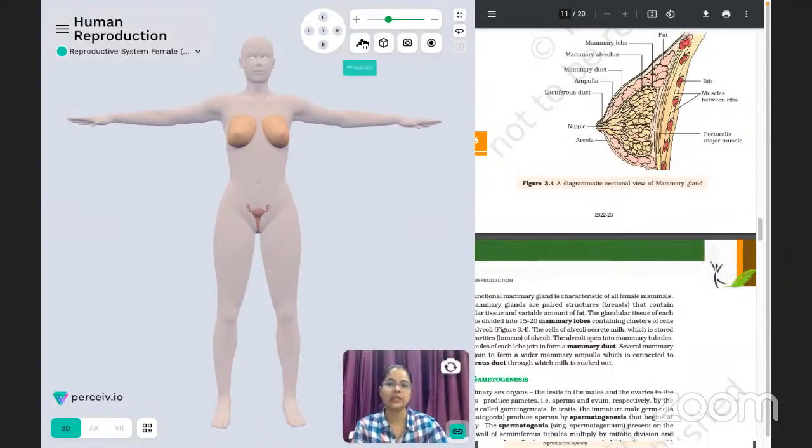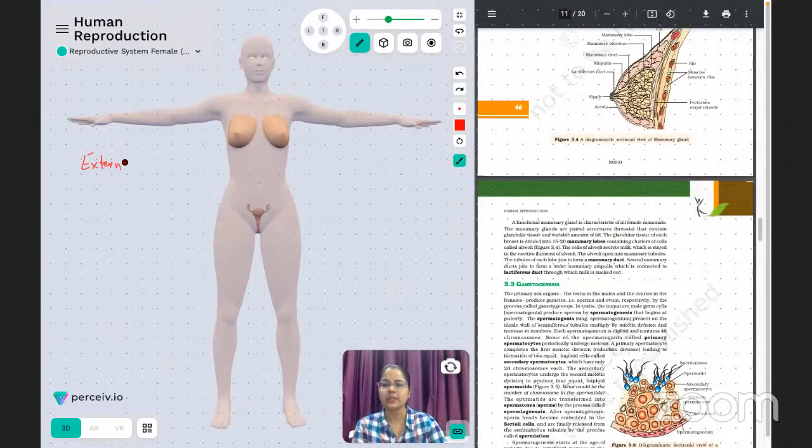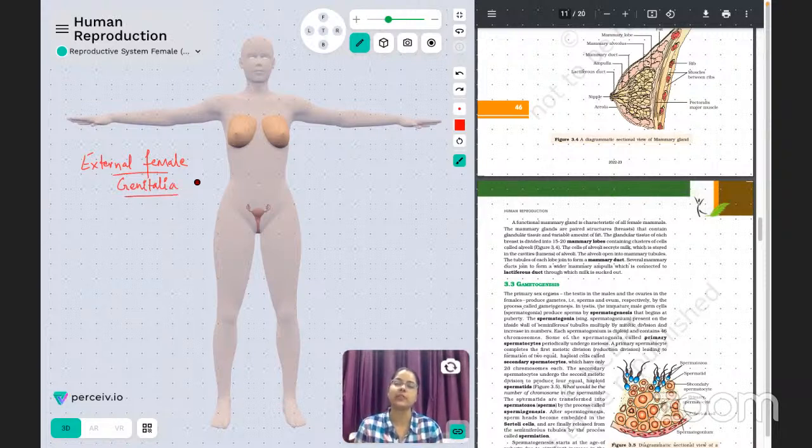So in case of the external female genitalia, there are basically 5 structures. These structures are responsible for representing the genitalia part, which will actually include the birth canal, the cervical canal, and all those things. So external female genitalia basically includes 5 important components, which is labia majora,